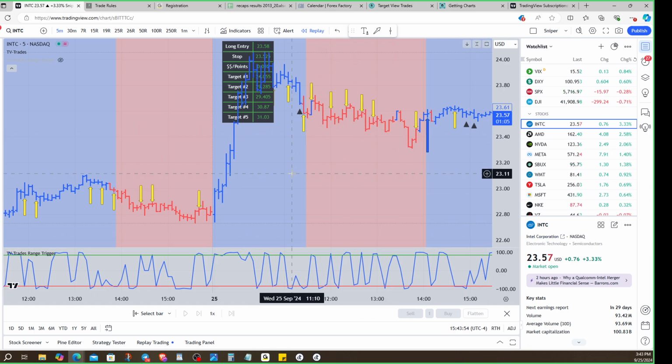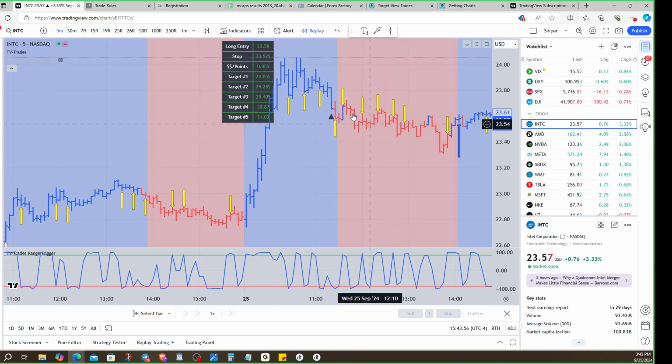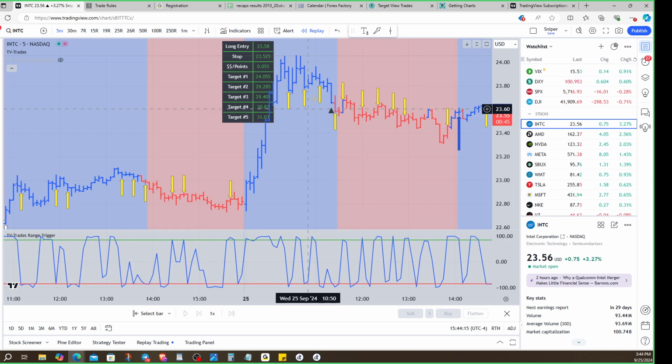You guys had alluded to wanting that last week because I didn't have it for the TV trades. I only had the yellow arrows in the range sniper. I didn't have it in the TV trades. But when we were talking about the range trigger last week, I'm going to go into a lot of detail on the range trigger next week, in next week's meeting. But for this week,